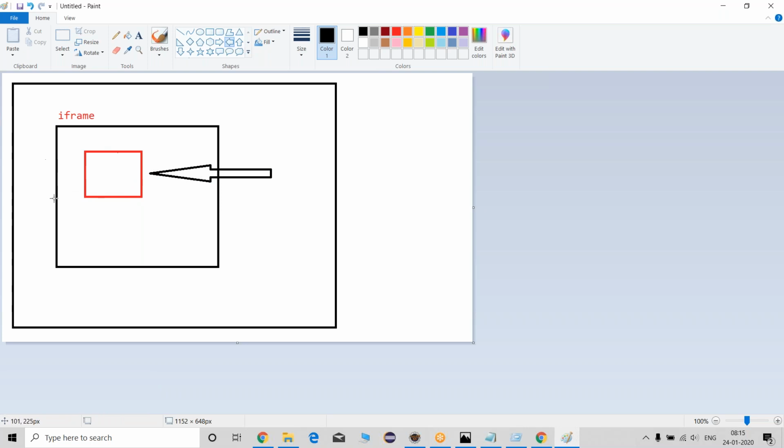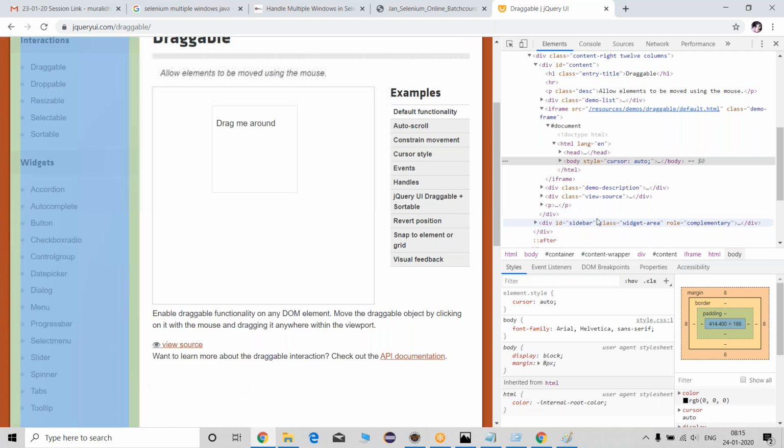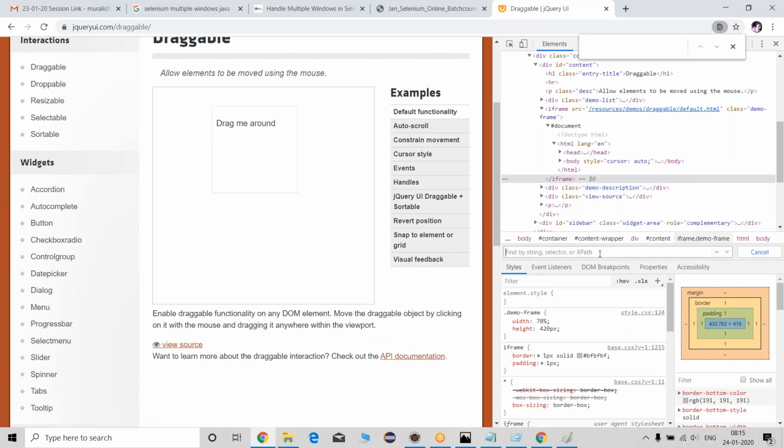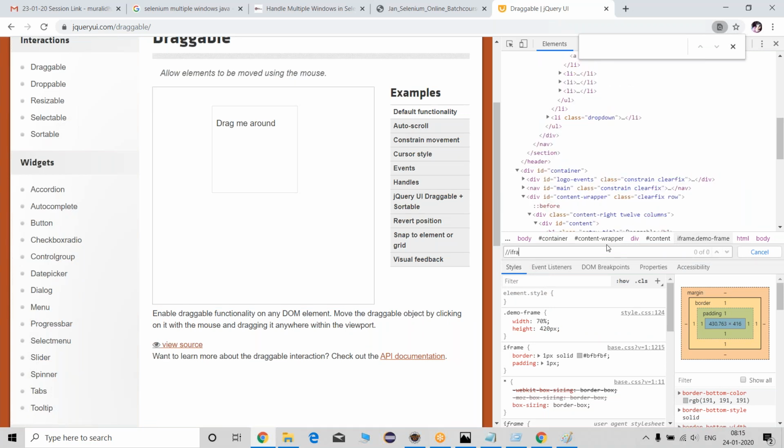Then only you can perform action on this element, whatever element is present inside a frame. Then how to know whether your element is inside a frame? Here, observe, this is the DOM structure, right? So here press Ctrl F and write an XPath. Here use tag name //iframe